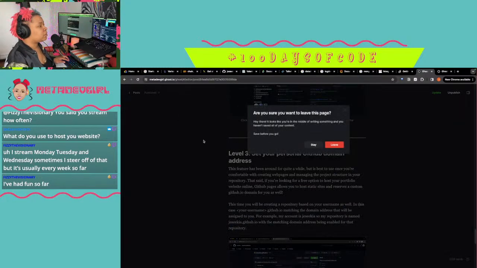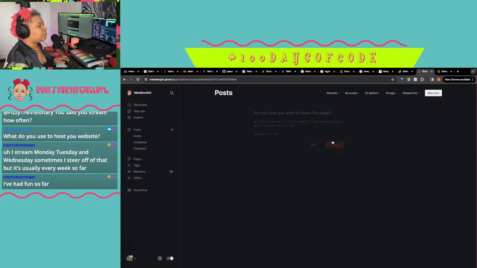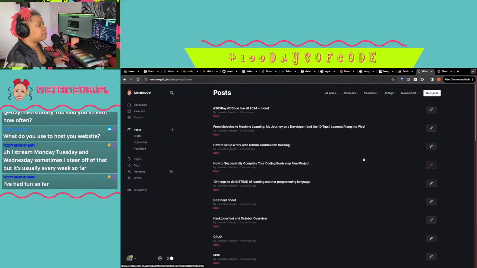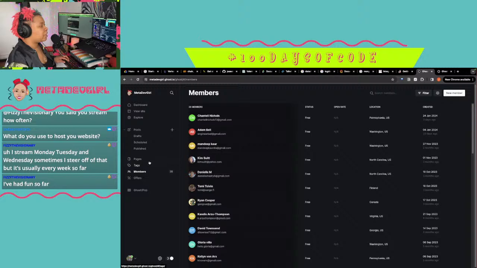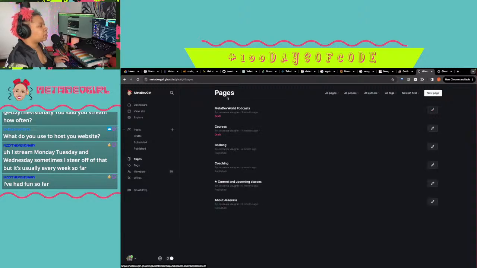You can decide if you want to send your post to the newsletter or not. You can have your memberships. You just hook up your Stripe account here, and it'll automatically manage the memberships through Stripe. If you don't want to go into Stripe and do it that way, you can have discounts for members as well. I'm showing y'all people's information.